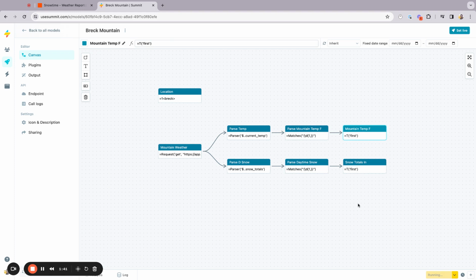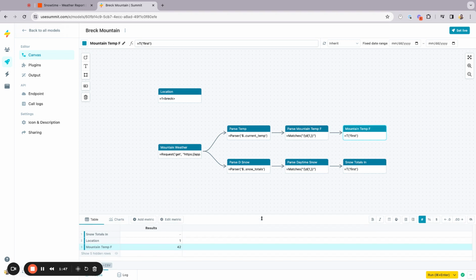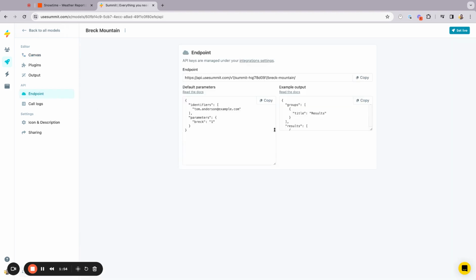Now, what makes Summit special is we know where you want to use this data and that you want to use it inside of your no-code builder. So rather than just having the model run, we also give you the ability to publish this as an API that Zapier and other no-code builders understand. So every model that you build inside of Summit is instantly available to you to consume the results of it